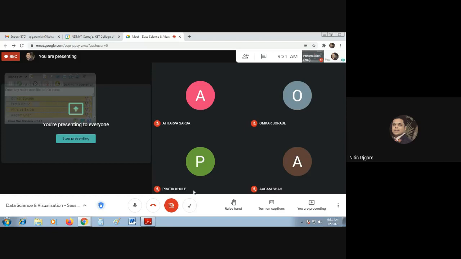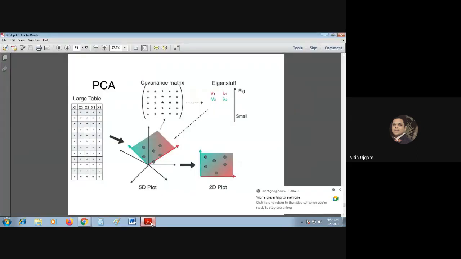So basically, the most likely questions, which are MCQ type, multiple choice questions, will be like: in principal component analysis, what do we achieve? Do we achieve a lower dimensional input instance space or a higher dimensional input instance space? So after applying PCA, what we get is the lower dimensional input instance space. That's clear. Then, how many principal components?